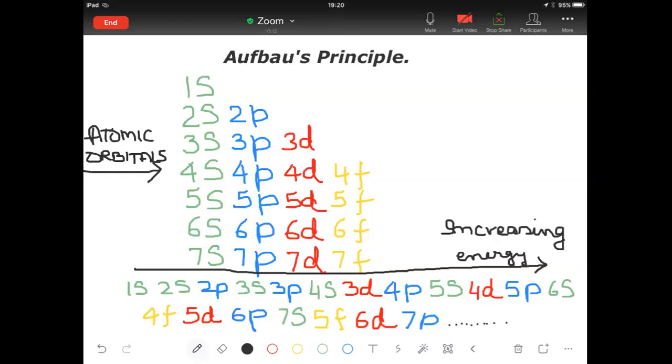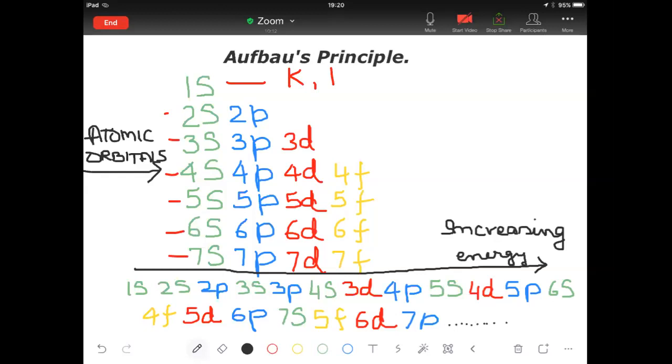This will be a K, this one will be an L. This is what you study, K, L, M, N, in standard 10. But when you come to higher classes, you start talking in terms of the first shell, second shell, and so on. So this is the K shell, or the first shell, this is the second shell, the third shell, the fourth shell, and so on. For each of these shells, I have shown the subshells also.